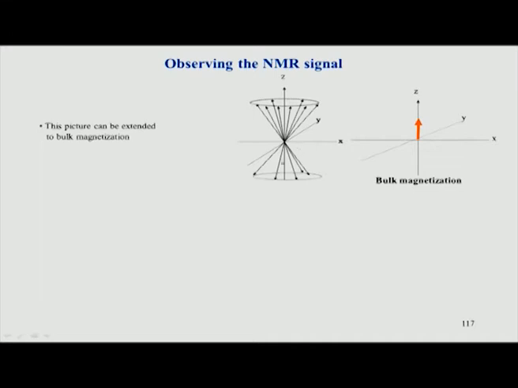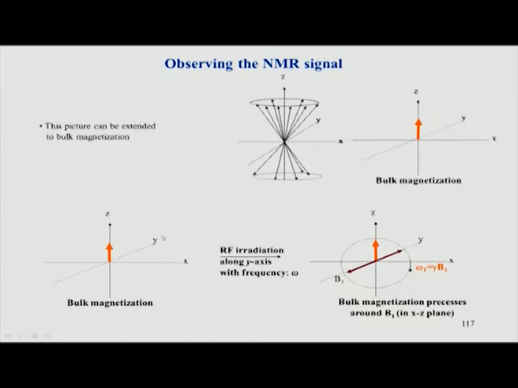So, this is what happens if you look at the bulk magnetization, where you have all the spins together. Remember we saw that we get a net magnetic vector which is shown here in the red color. So, we apply RF radiation, suppose along the y axis. In the rotating frame the spin is now static, and then it starts tipping or moving around the y axis. This is what is shown here, a magnetic field which is B1.